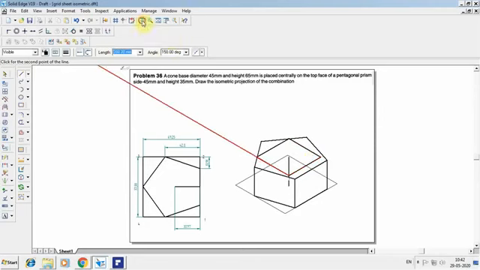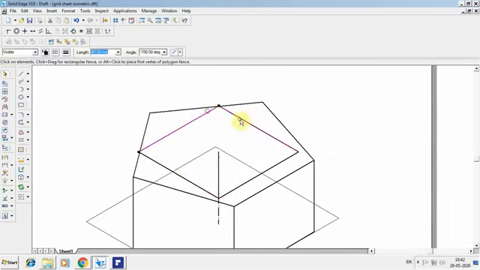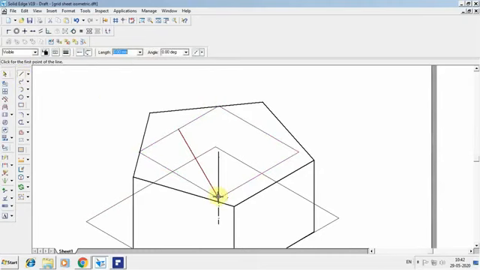Now you can zoom that area. I'm going to keep those lines as construction lines. So I'll go for finding the center point to convert into a circle. Similarly from this point to the center of this, similarly from here to the center of this one.